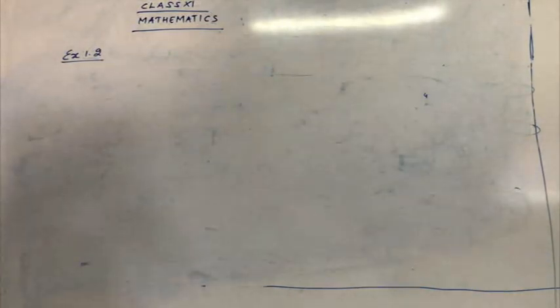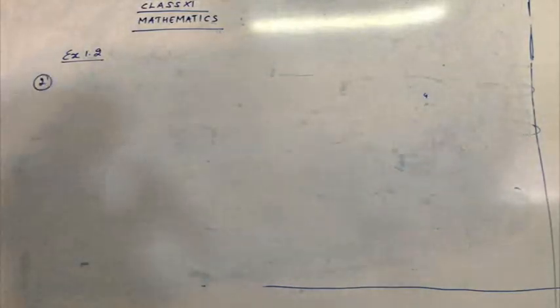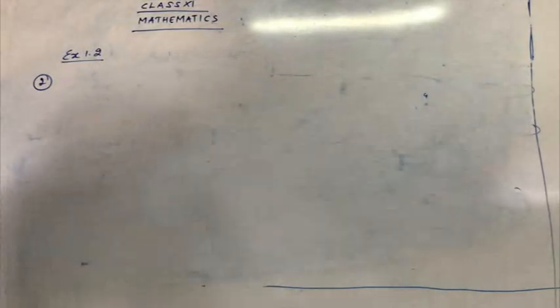Okay, I hope you have taken down sum number 2. So what's given here? Let X be equal to {a, b, c, d}, and R is equal to {(a, a), (b, b), (a, c)}. Write down the minimum number of ordered pairs to be included to R to make it: one is reflexive, second is symmetric, third is transitive, and the fourth one is equivalence. Let us go with the answer.